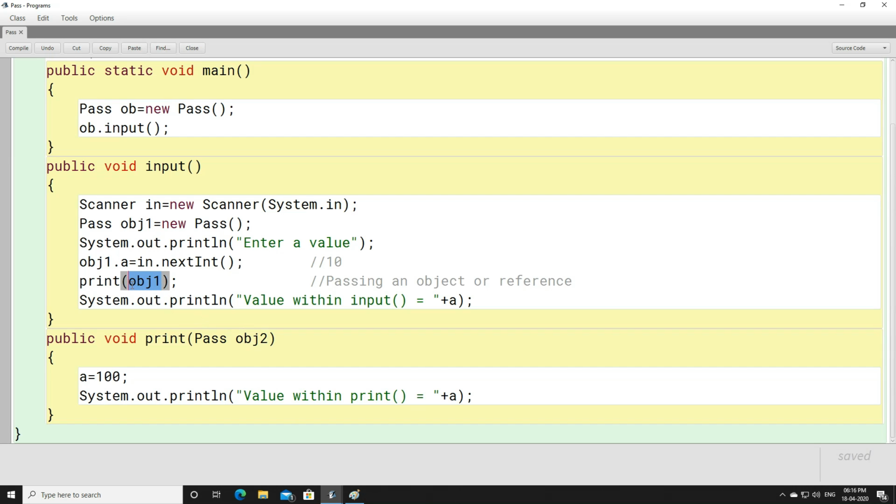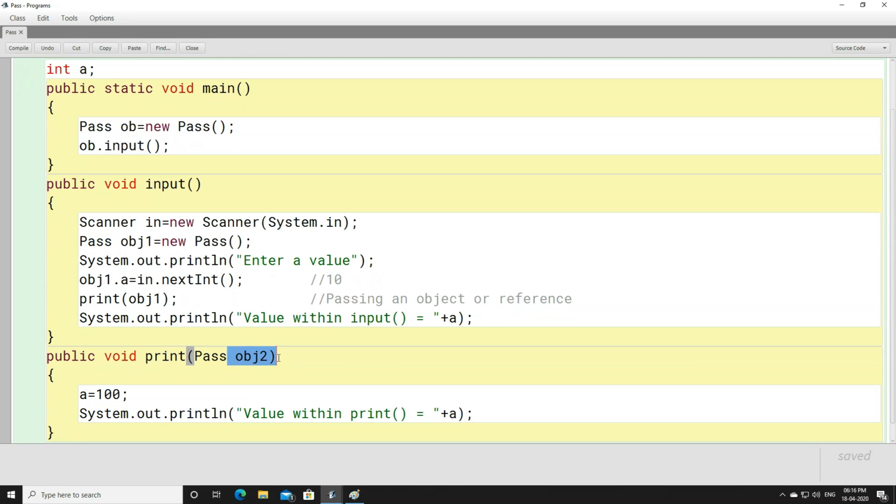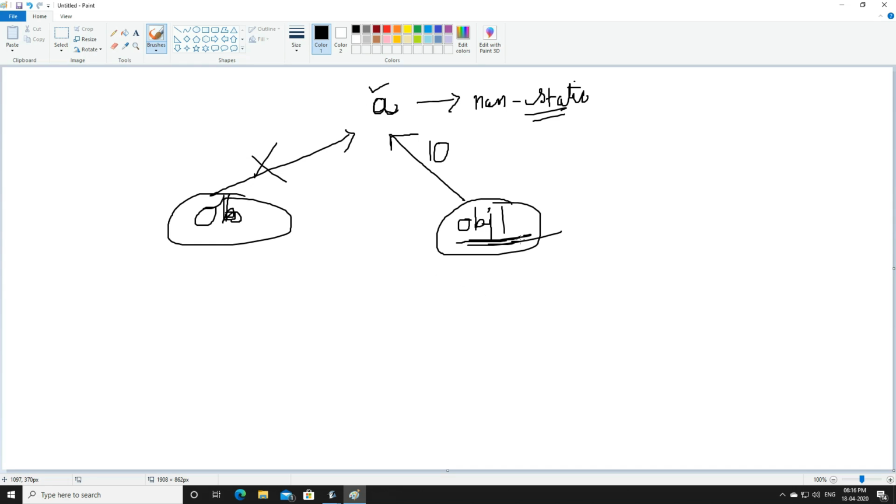So if obj1 is taking, for example, 2 KB of space, obj2 will take 2 KB of space. If it is taking 3 KB, it will take 3 KB. Now if obj1 has one variable, that is a, then obj2 will also point to the same variable, a.